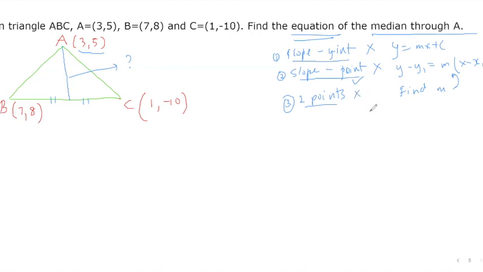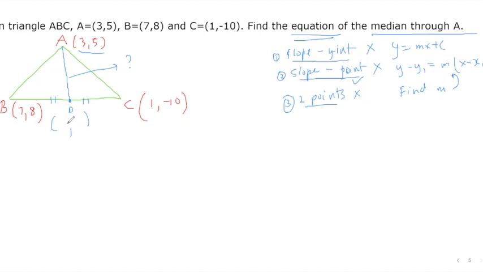It seems like we don't know any of these things, right? As of now, we know nothing. So what do we do? We have a method because this is the midpoint. Let's just call this D. D is the midpoint of BC. So we're using the midpoint formula. We can find the coordinates of this.